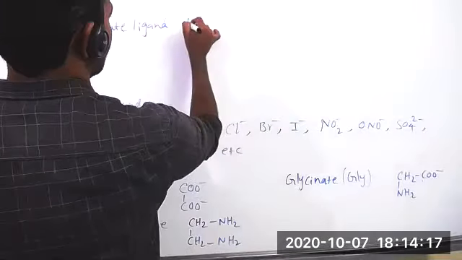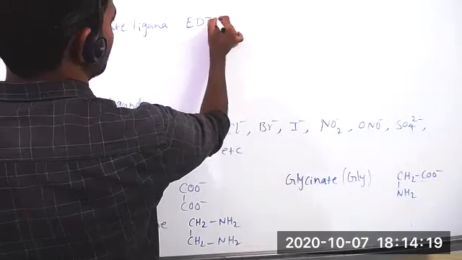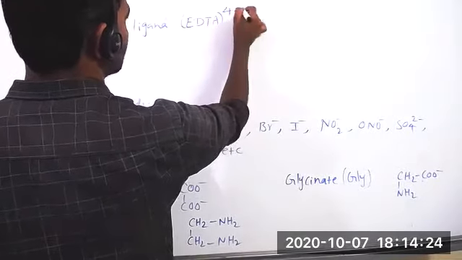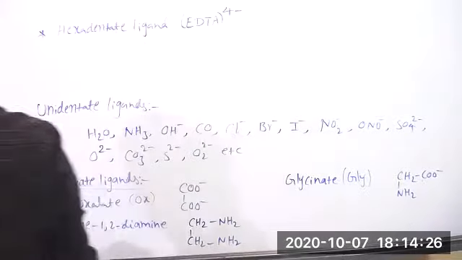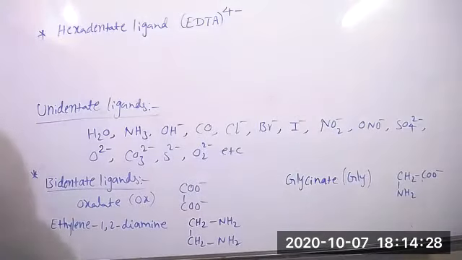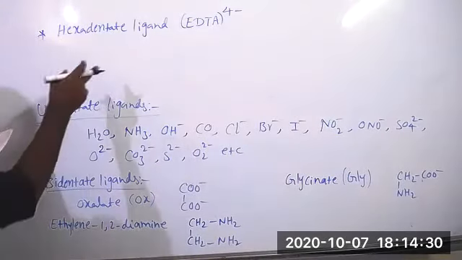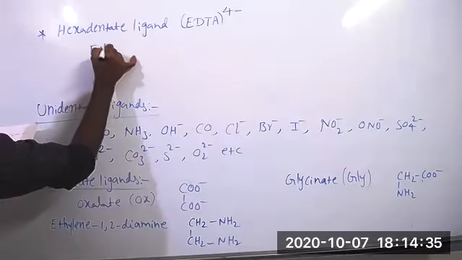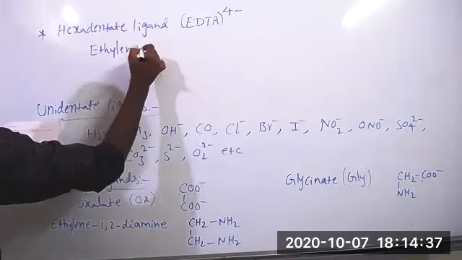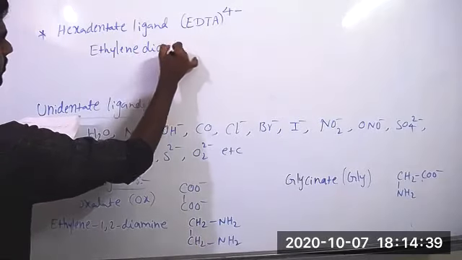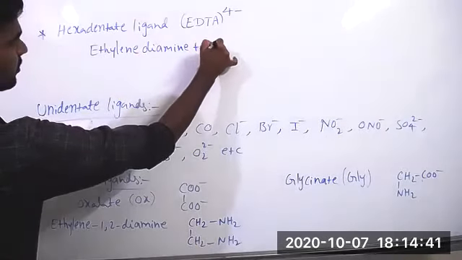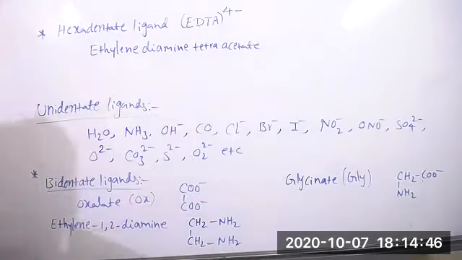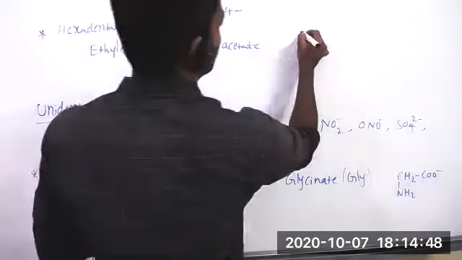Hexadentate ligand is EDTA 4 minus. It's carrying -4 charge, and it can form 6 bonds with the central metal atom. I'm mostly asking, but this is for 1 mark: full name and structure. Ethylene diamine tetraacetate. Structure is a